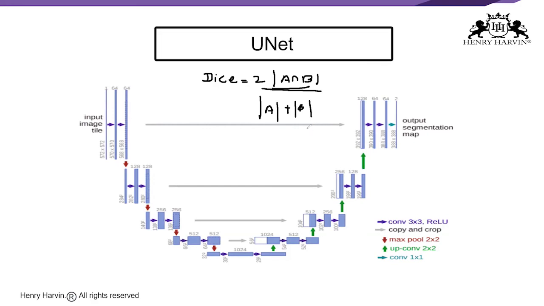In case you wonder why there is a number 2 in the numerator in calculating the Dice coefficient, it is because our denominator double counts the common elements between the two sets. In order to formulate a loss function which can be minimized, we will simply use 1 minus Dice, right? This is called soft Dice loss, because we directly use the predicted probabilities instead of thresholding and converting them into a binary mask.